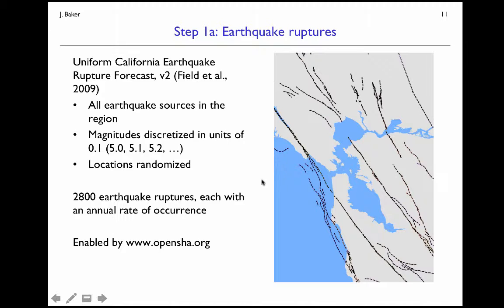Okay. So this whole model for earthquake occurrences, we're just using the Uniform California Earthquake Rupture Forecast, version 2 model. So that exactly specifies all these inputs that we need. And then further, there's a helpful software tool at opensha.org, this event set simulator, and it'll generate this whole set of 2,800 ruptures, as long as the user specifies the appropriate parameters for the analysis. So we're utilizing OpenSHA and this so-called UCERF forecast to specify all these earthquake ruptures.